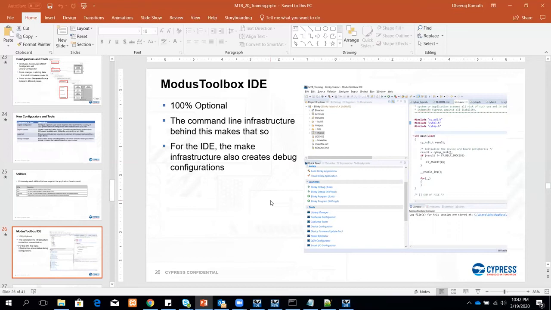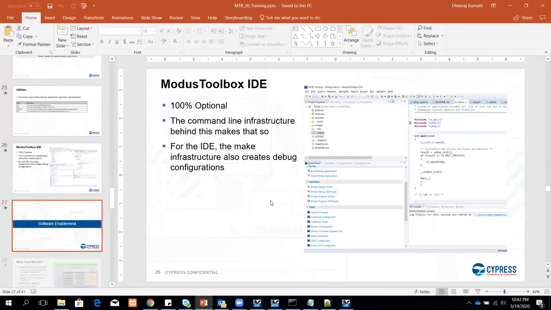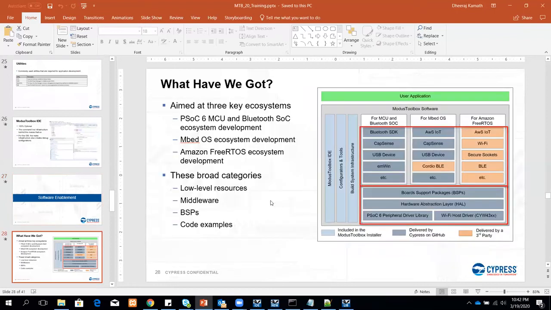You can do everything without the IDE. The reason for having the IDE is mostly to make things easier, and everything is in one place. That's the only reason you would probably want to use the IDE, and it also makes development easier. With Eclipse, you have the different features that you get.